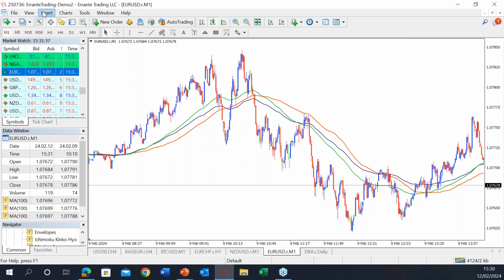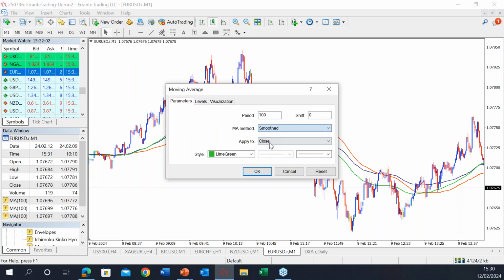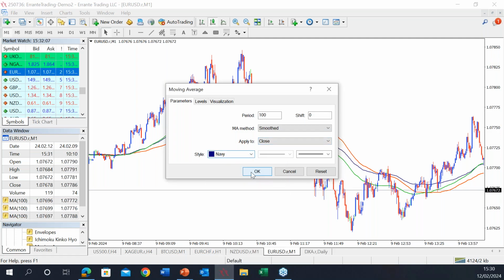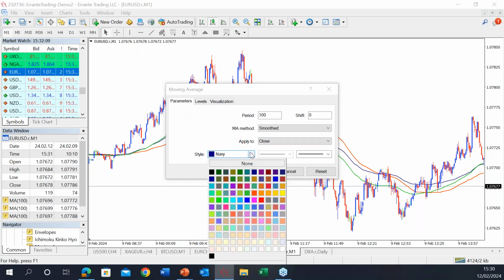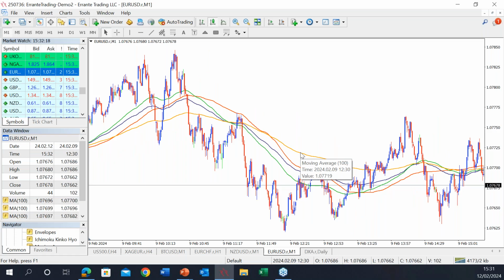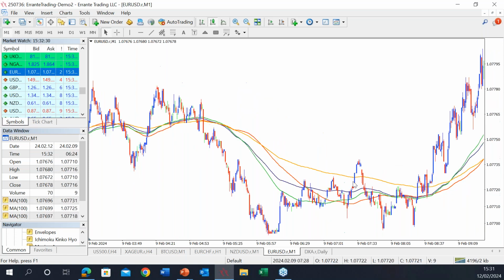And then the last one that we are able to apply in MT4 is the smoothed moving average. The smoothed moving average is expected to be smoother than the simple moving average. So let me choose a color for that. Maybe this one. Let's shoot this. And yes, you see here is a smoothed moving average, and it's the smoothest one during the market fluctuations in the far distance compared to other moving averages on the chart.